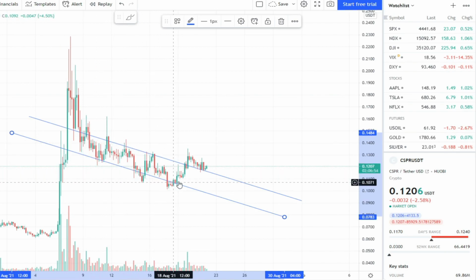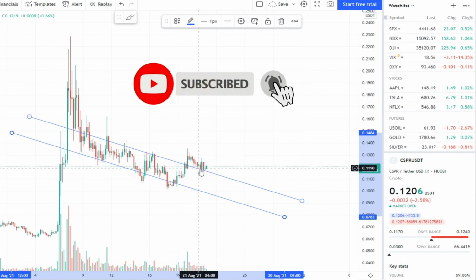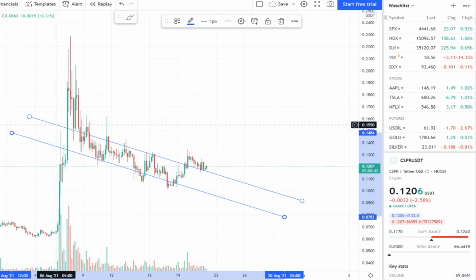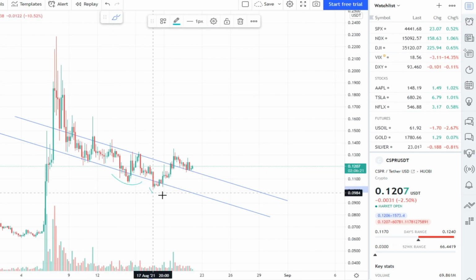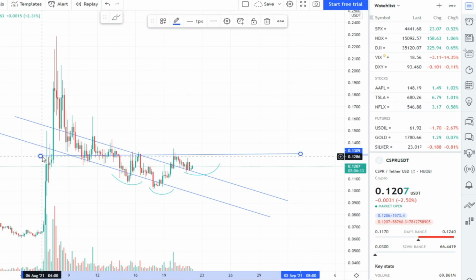You see the resistance there, we see the resistance here. Once we break the resistance, we have to test again and take it as support, and if we take it as support, then it's gonna go up. Okay, but you can see here we have a head and shoulders pattern. Look at here, we have a shoulder, head and shoulder. Okay, so look at this line. This is the head and shoulder, as you can see over here,